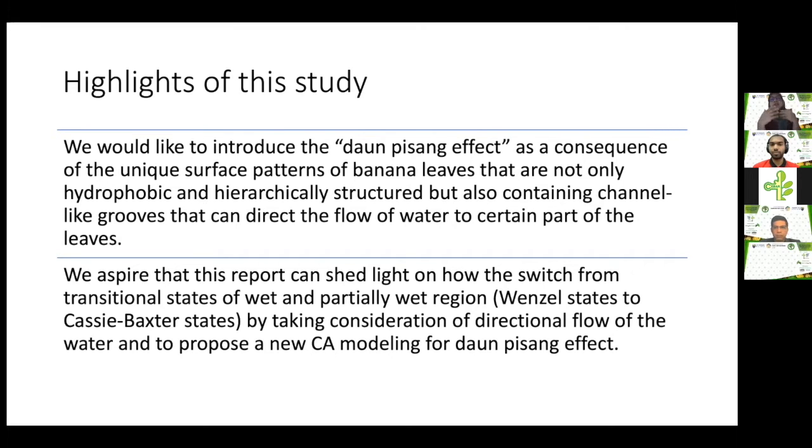If we want to mimic the daun pisang surface for its anti-wetting, the model has to be modified a bit, so that we take into consideration this directional flow in the model, using calculation, so we can theorize it. We can also measure it empirically using